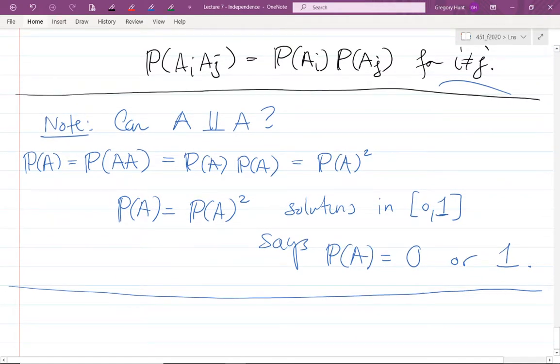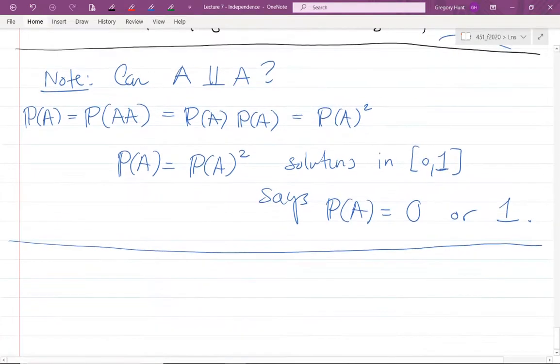Interestingly, the null event presumably is independent of all events, right? Because, well, I'll let you think about why that's true. Just use our definition. So a question is, which I've kind of hinted at the answer,